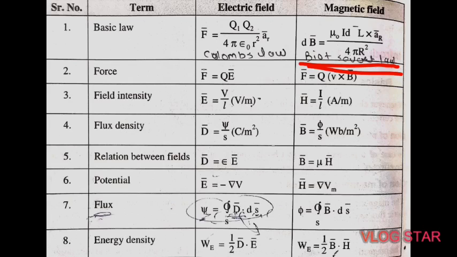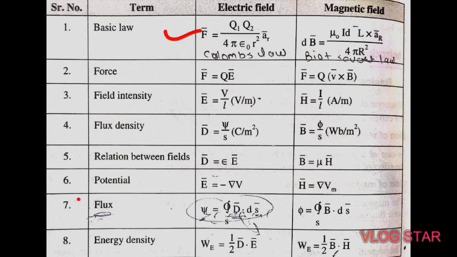The statement of Biot-Savart law is that at any point P, the differential magnetic field intensity dB bar, which is produced by the differential element IDL, is proportional to the product of current I and the magnitude of differential length dL bar, and the sine of the angle between the filament and the line connecting the differential length to the point P. In simple way, we can write dB is directly proportional to I dL sin theta, where I dL is the product of current and differential length, and it is inversely proportional to the square of the distance from the differential element to the point P. So this is the statement of Biot-Savart law in case of magnetic field, and for electric field, Coulomb's law is there.